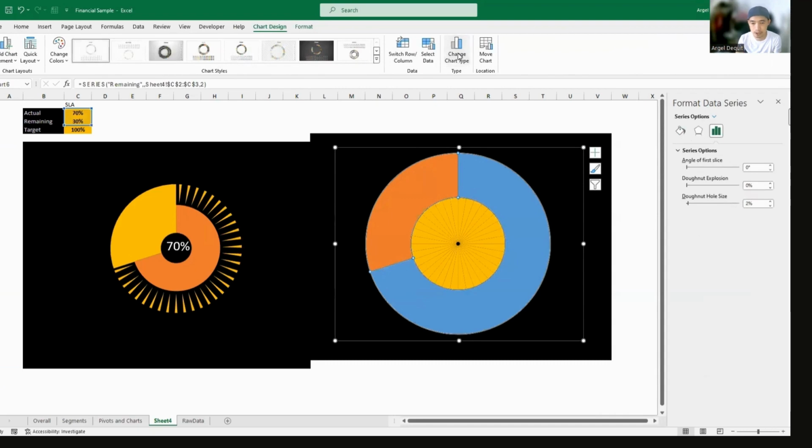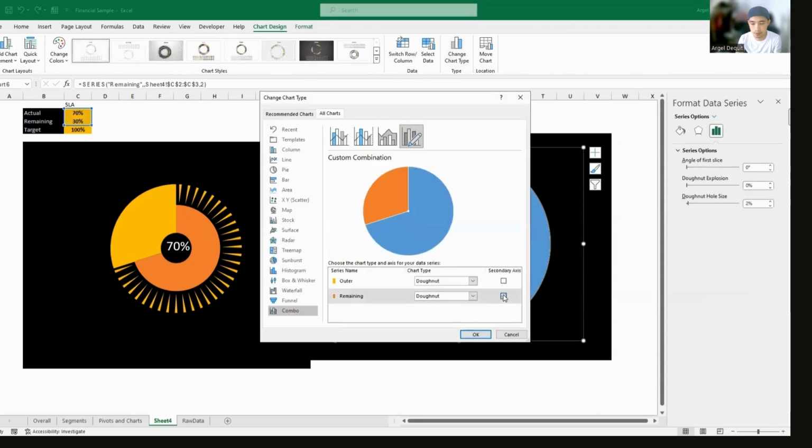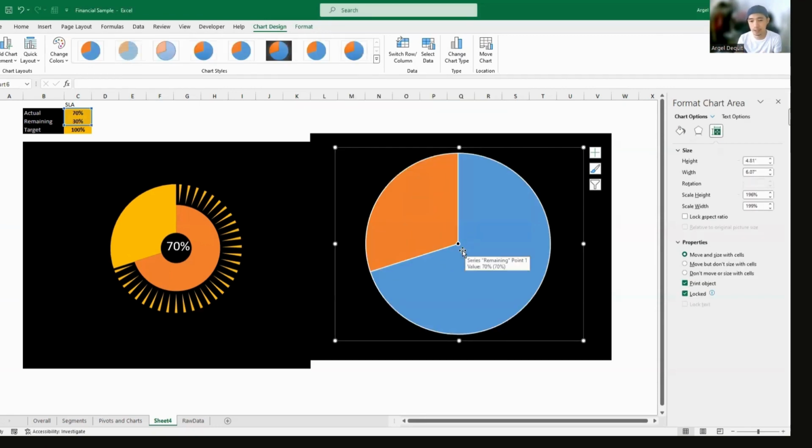There, then change chart type. Click on combo. There. So if you see that you're missing the yellow, the gold color, it's okay. I will show you why it's not showing. Just click on OK. Now the area of the gold color has been covered by the sides of our chart.